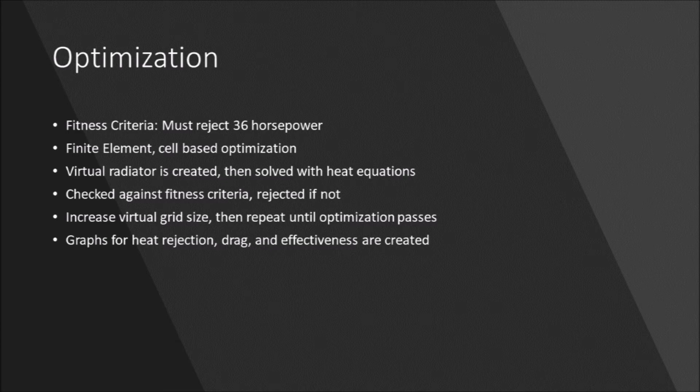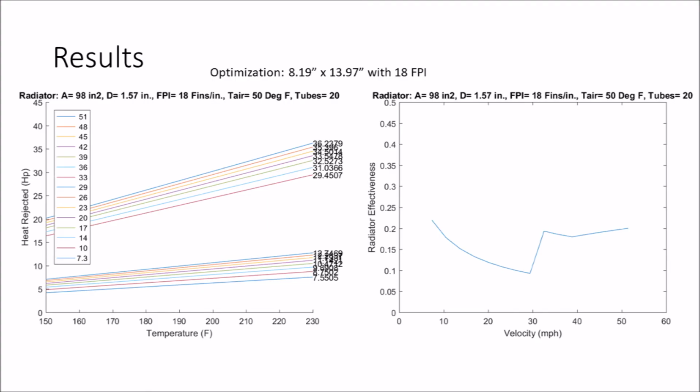It is rejected if it does not pass. Then the grid size is increased and repeated again until it passes the criteria. By working from smallest to largest, it assures that we get a radiator that is the smallest, which is also the lightest. The optimization results recommend that we buy an 8.19 inch by 13.97 inch radiator with 18 fins per